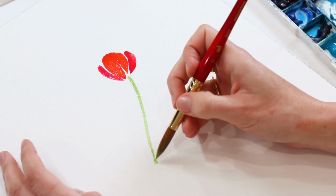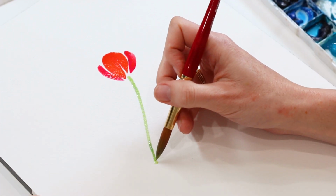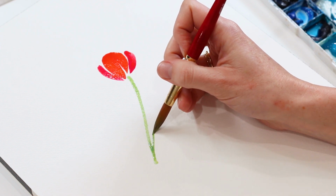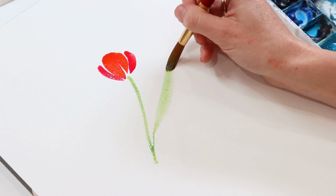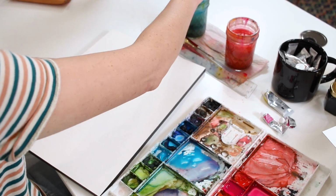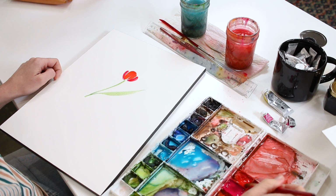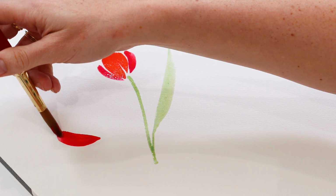And for our leaves, I'm going to point my brush towards the stem, overlap that stem with a thin stroke, so no pressure on my brush, and then apply pressure so the brush fans out, and release. Let's do a couple more of these florals. So point towards the stem, curve in, lift,